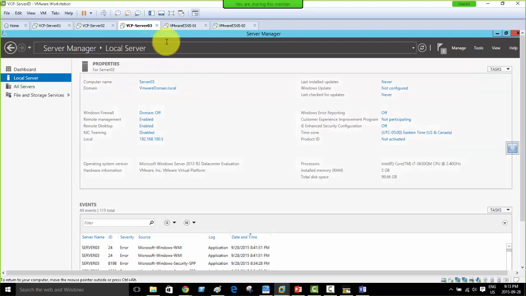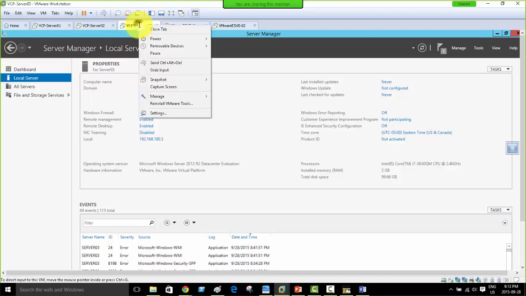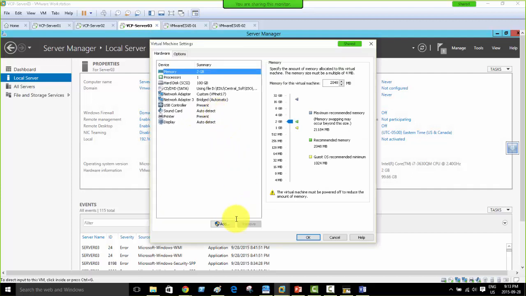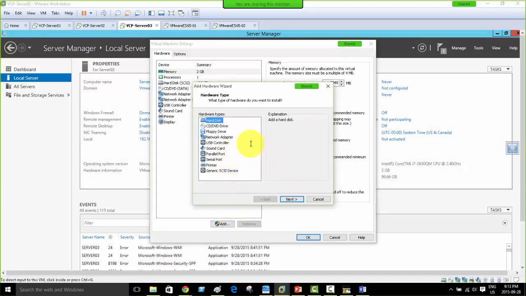Okay, so we have already installed that iSCSI feature or role when we were installing the NFS role. Now let's add a new hard disk to our server. I'm just gonna right click the virtual machine and go to the settings. This is as if you're adding a new hard disk for the SAN server. So click add here, go to hard disk in VMware Workstation, press next,